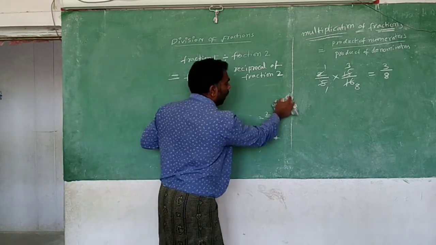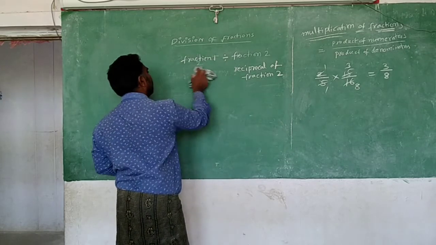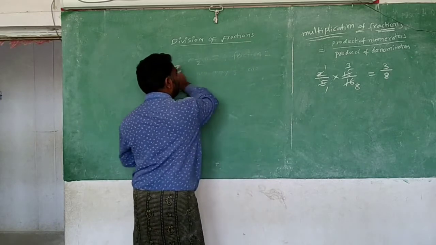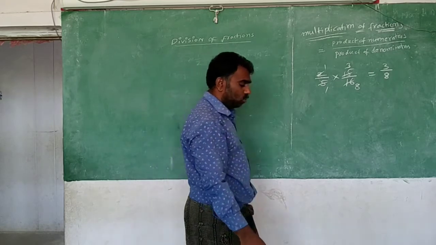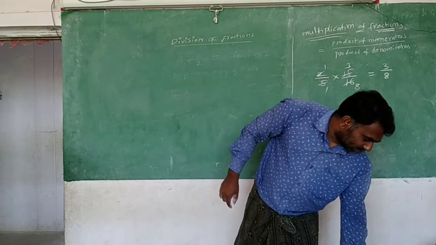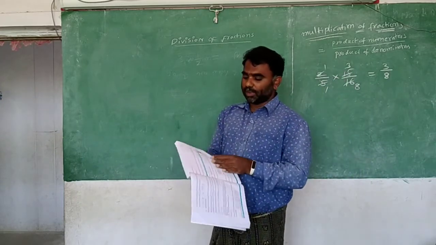So now I will say some examples. I explained the method here, and finally now I will say so many examples which are from the textbook. Then you can understand well how to do the divisions. So here there are so many examples. These problems are there on page number 39 and some others.